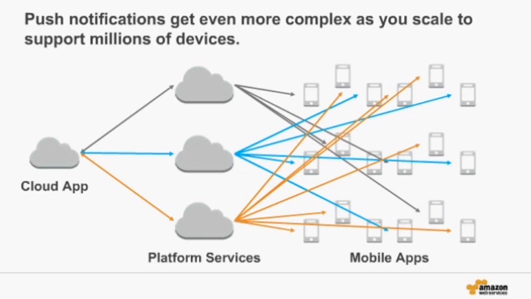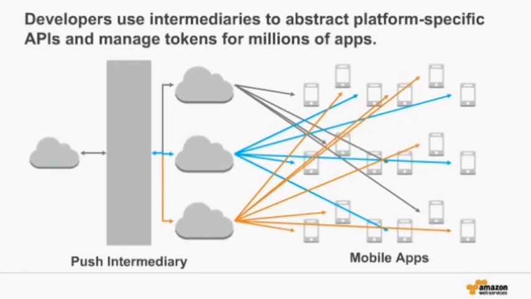And so what developers very often do today is they write their own intermediary services that sit between the cloud application and the platform-specific push relay services. And the intermediary services have the very simple job, but a very important job, to abstract the differences between those APIs so that one message can be directed easily, for example, to Apple and Google and Kindle Fire. And also to manage the feedback so that that work can be centralized and you can solve that problem only once. And so instead of this picture,